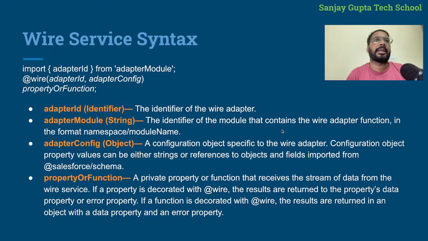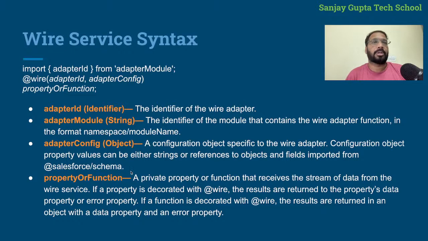This is predefined, or it can be custom as well. So you just need to import it, and whatever function you are importing, its ID will be available with this adapter ID. Okay, and this adapter configuration is a configuration object specific to the wire adapter. The configuration object property value can be either settings or references to objects and fields imported from @salesforce/schema. In the next slide you will see some examples,